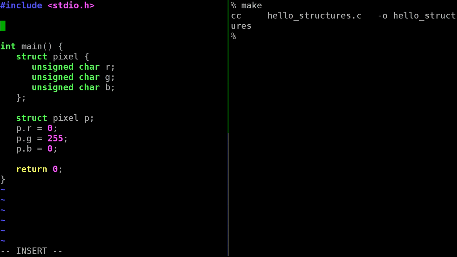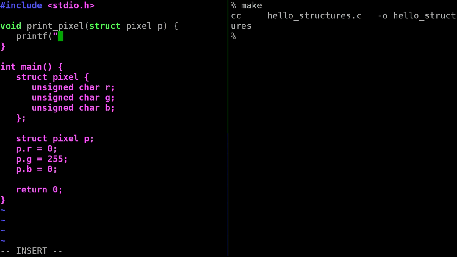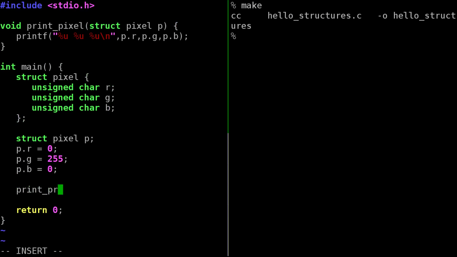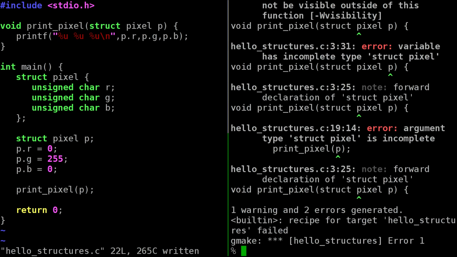Now, if we have a function then, set bg or whatever, because we're not actually setting the bg, so let's just say print pixel. Then we can say struct pixel p, and then print out, these are unsigned, so we can say p.r, p.g, p.b, and that's all it's going to do. And then we can call that function print pixel with p. So if we just compile that,